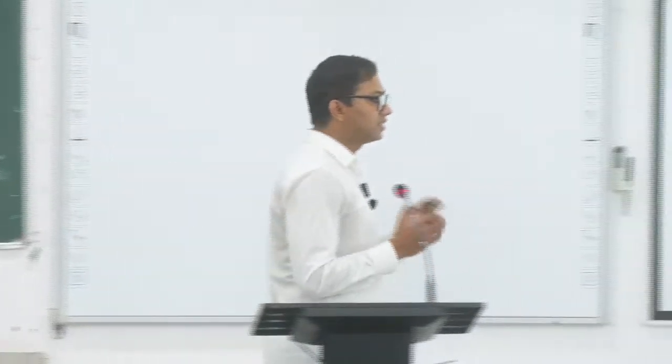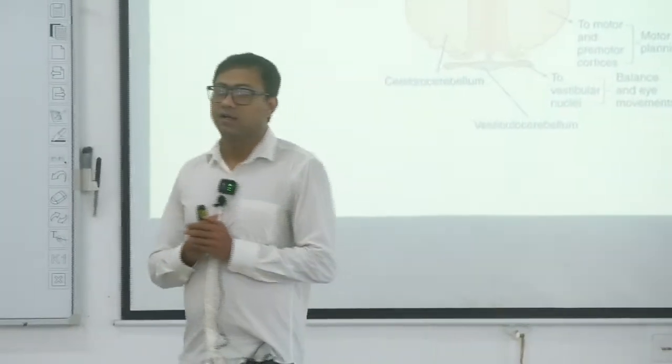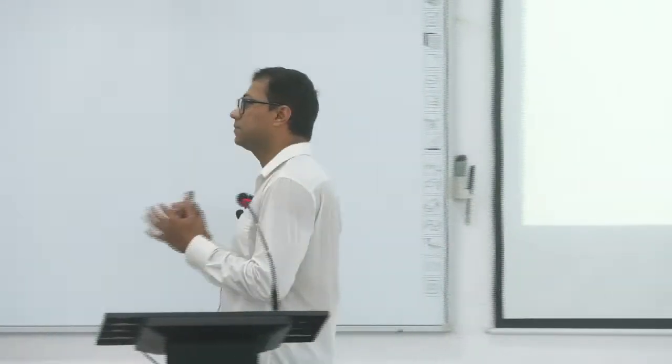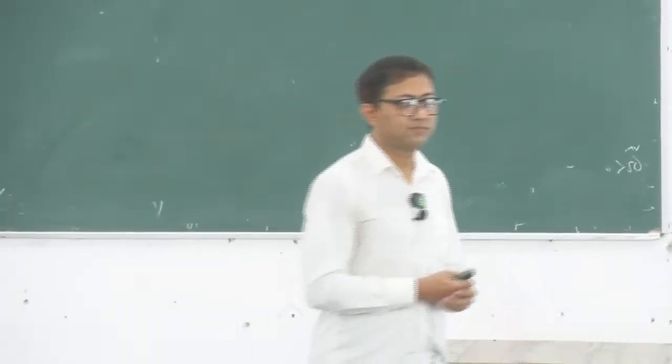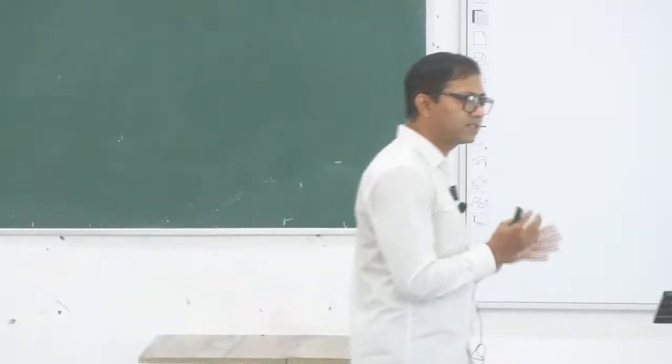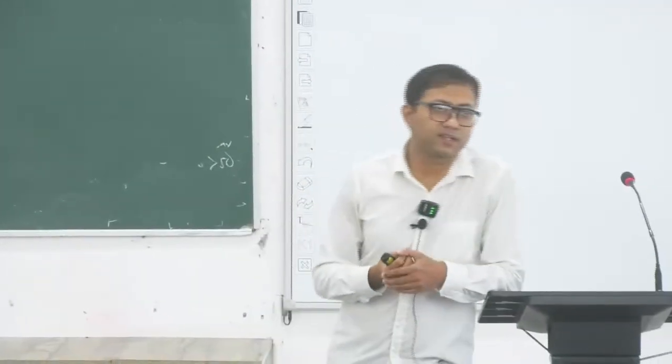Now, the remaining part is learning. Because the cerebellum does the coordination of movement, the cerebellum is involved in your motor learning, right? Say, for example, swimming, riding a bicycle, right? Initially, during riding a bicycle, your movements were not coordinated,